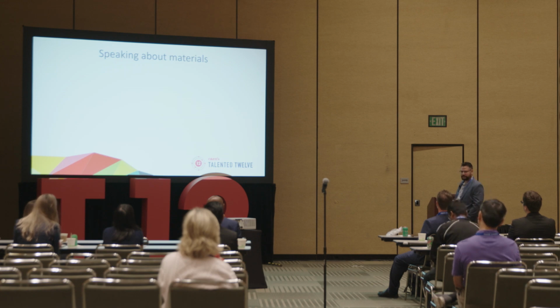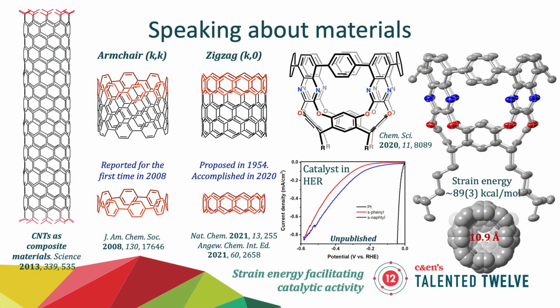Anyhow, speaking about materials, carbon nanotubes really initiated a big revolution in how we think about materials, because now these nanotubes are going into all sorts of materials for different applications. One of the big problems right now is how to synthesize them in a well-defined fashion. If we start dissecting a carbon nanotube into these two ends, the armchair and the zigzag, and we dissect even further to the smallest benzenoid fragment,